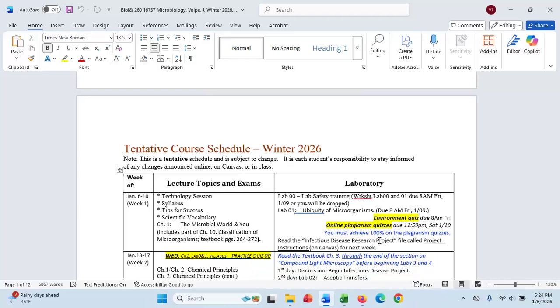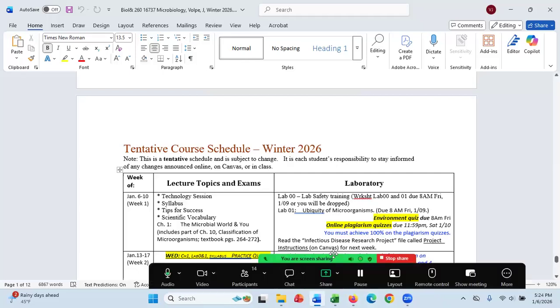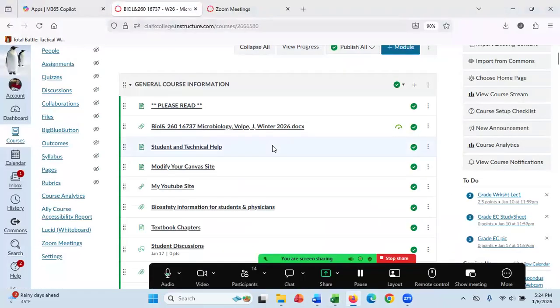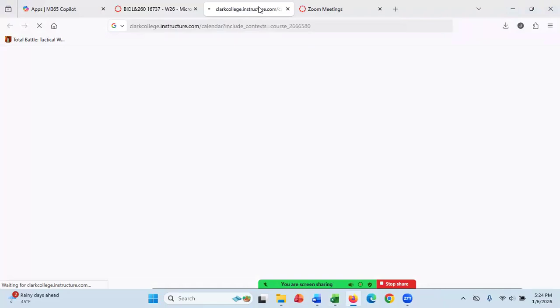Now, the schedule here, as well as the web page in Canvas, tells you when the assignments are due. You can check the calendar also. It does have the schedule of